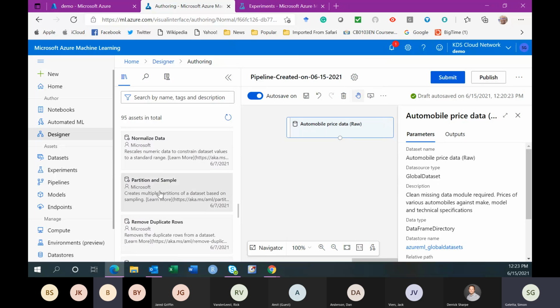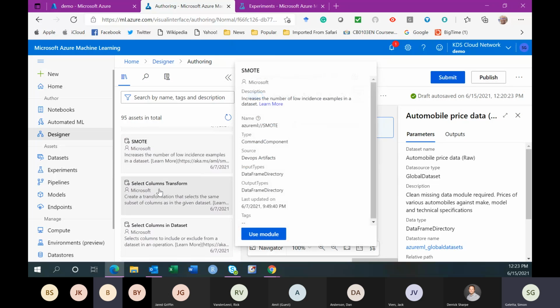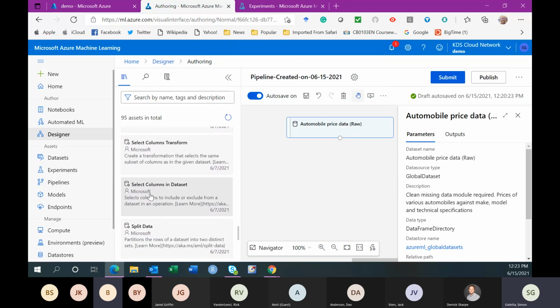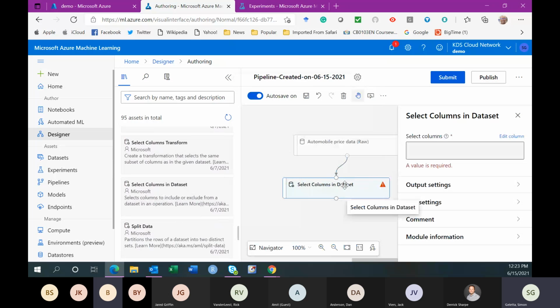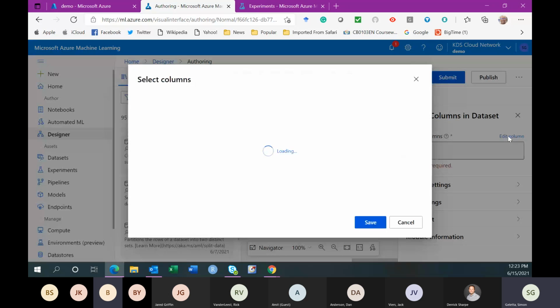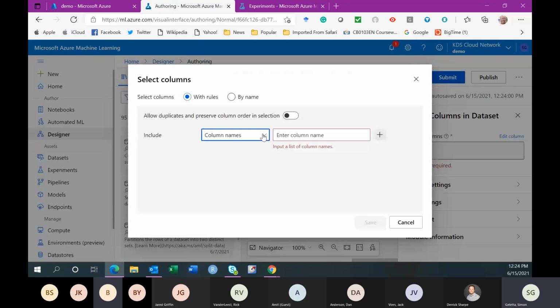You can see a lot of transformations that you can do here. I'll just use select column in data set. After I get that, I will connect it to the data, and I'll work with the details on this side. And then I'll say include all columns.